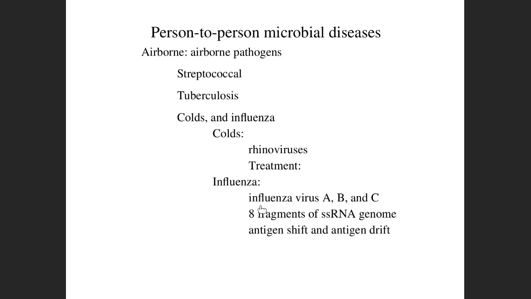Now, this number of 8 fragments is actually very problematic for us. That means each viral particle needs to get 8 different RNA pieces into its genome. Now, it's a problem for the virus, but they figured out how to replicate and then sort them. Now, the problem comes in if you have bird flu and human flu